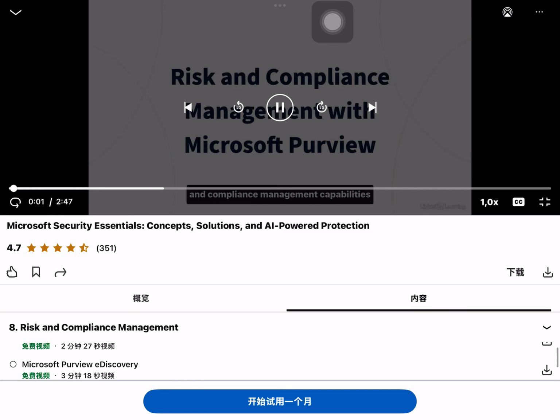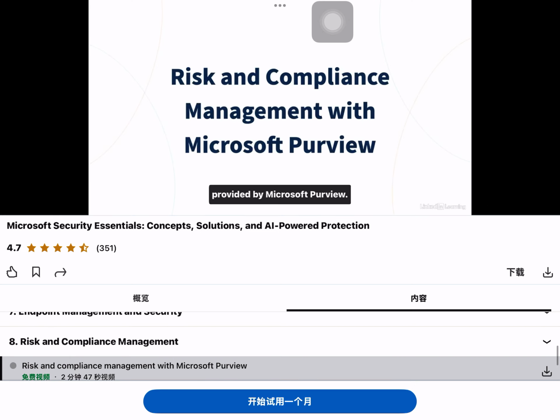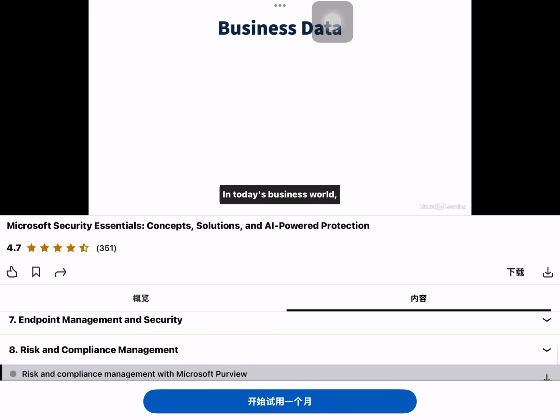Let's look at the risk and compliance management capabilities provided by Microsoft Purview. In today's business world,